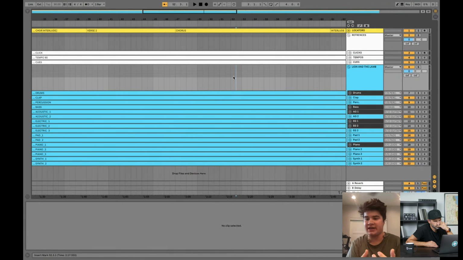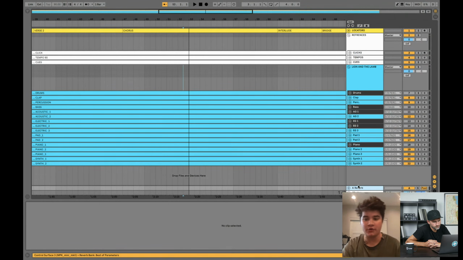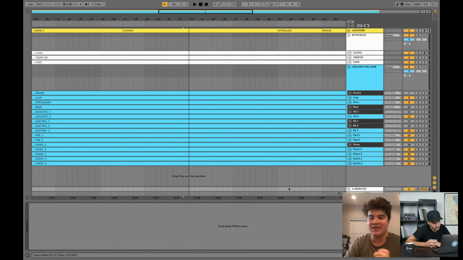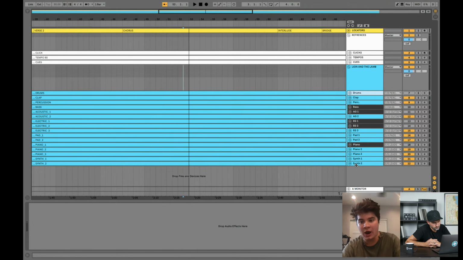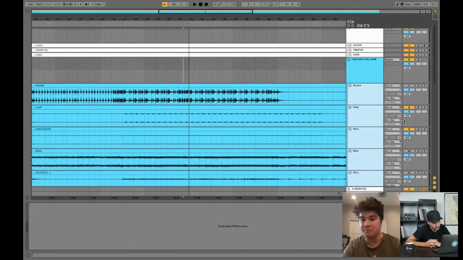If you're just listening on your laptop like right now, they're all routed, so I can't hear them. Something you can do to get around that is there are these returns down here. You can see A Reverb, and a lot of the time it says B Delay. I always rename it Monitor, and then I just delete the reverb that's in there. What that lets me do is route all of my mapped stems. I've got all of my stems mapped to 7, 8, 10, 11, 6, 5. I can't hear those if I'm just on my laptop or working through the week.